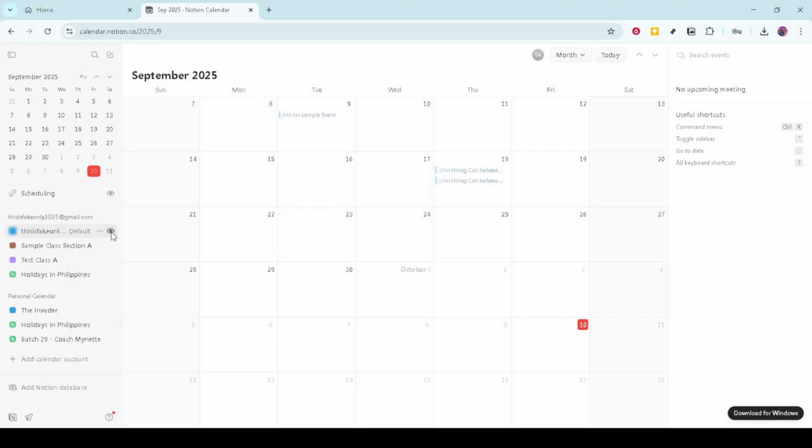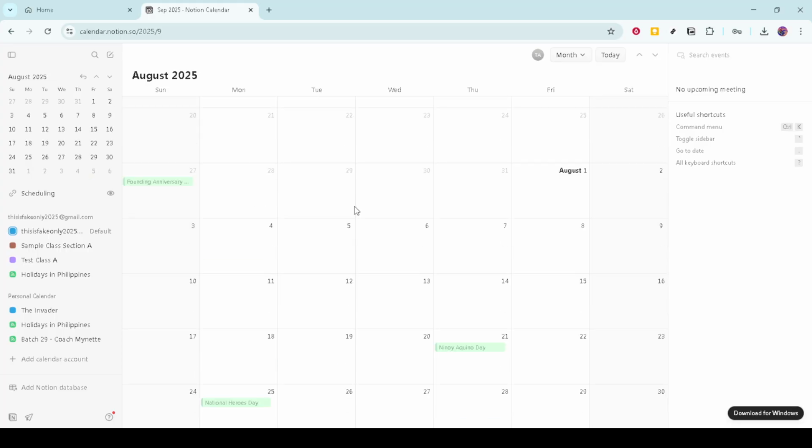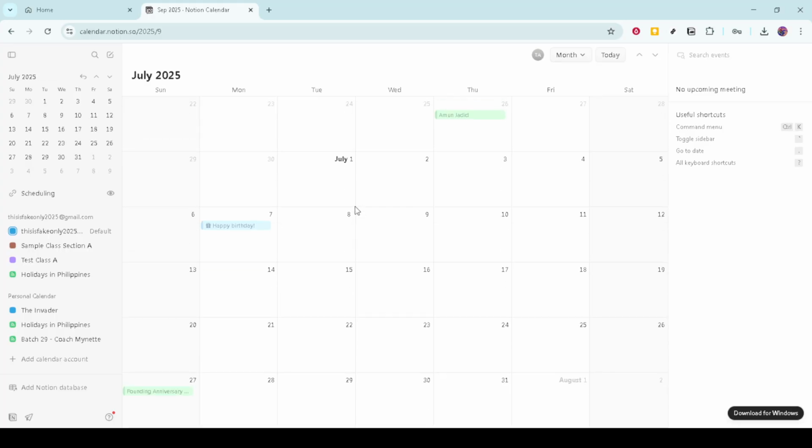Once you've signed in, you'll see a series of prompts asking you to allow Notion Calendar to access your Google account and calendar events. This step is quite easy but essential for the integration process. Allow these permissions because they will facilitate the syncing process, ensuring all your appointments and reminders are available in both Notion and Google Calendar. This step enhances your productivity, as you won't have to switch between apps to keep track